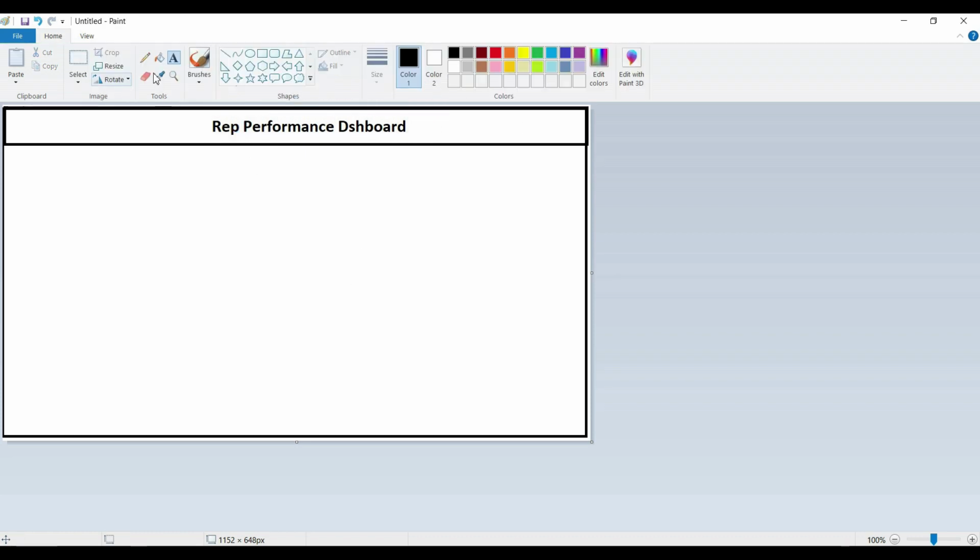And in the right-hand section we can have, for example, the last refresh date.